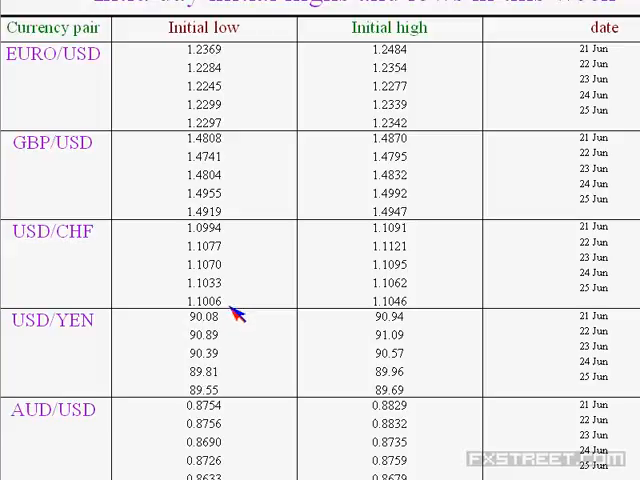In the case of CHF, they also made a nominal downward move, and the high is intact, 1.1040 is the high. They made only a nominal downward move, about 25 pips below the low. Then in the case of yen, 89.55 was the low, and it now formed the new low 89.31, and currently it is trading around